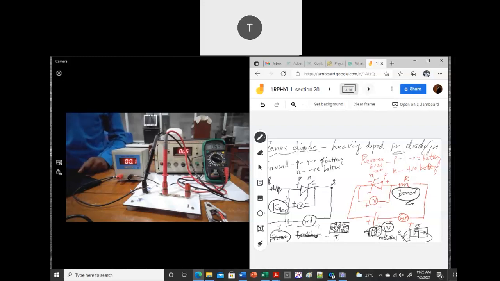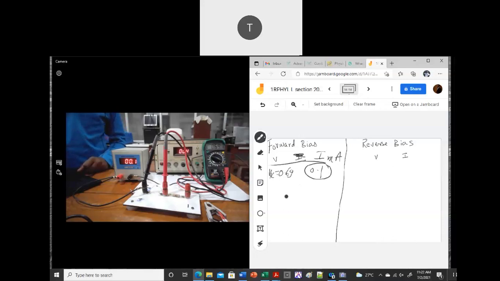So now you have the knee voltage. Next, what you should do is I will consider this as 0.7, and then I need to add 0.02. So after 0.7 it will be 0.72, 0.74, then 0.76, 0.78, 0.8, and so on. You can take all these readings, and that would give the forward characteristics. Characteristics means you have the V and I relation in forward bias.